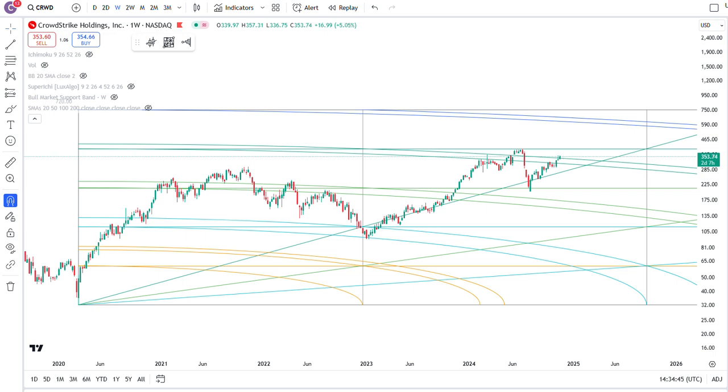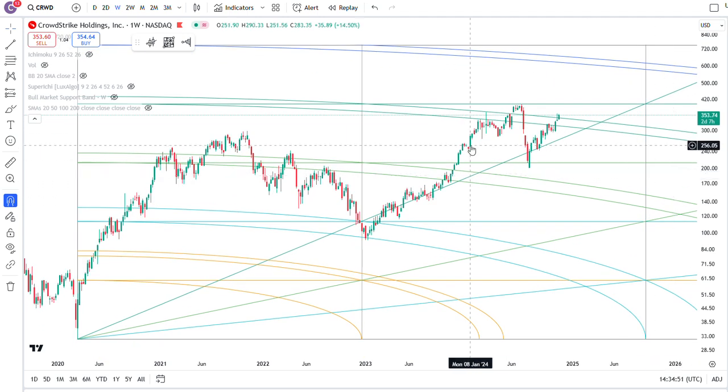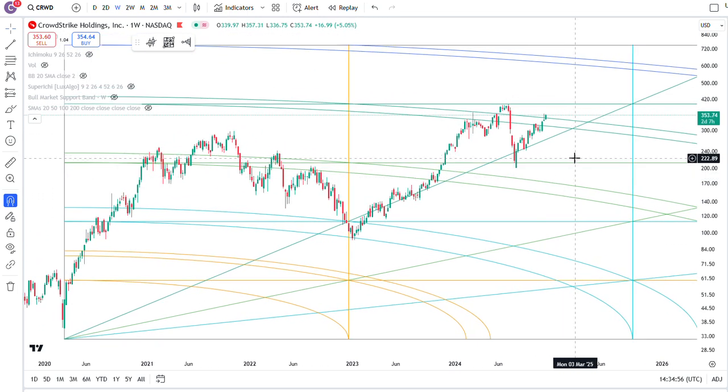A lot of people have been asking me about these different software names, cybersecurity and whatnot. I'm going to go through real quick in terms of what I think about each one of them. This is CrowdStrike, one of those that I've been asked a lot about in terms of what's been happening.